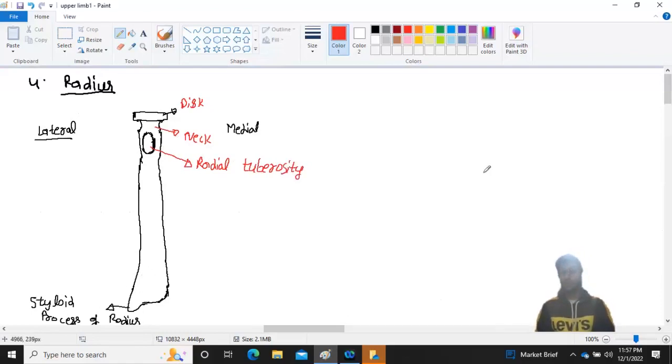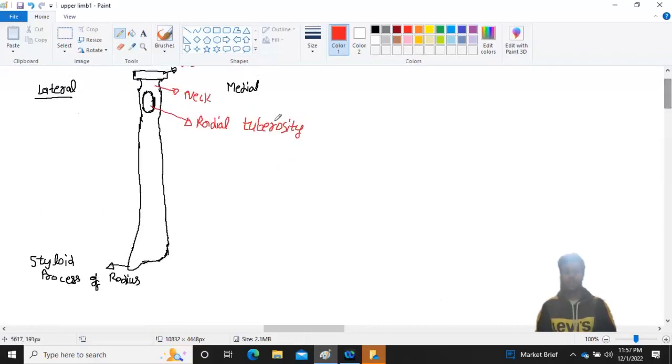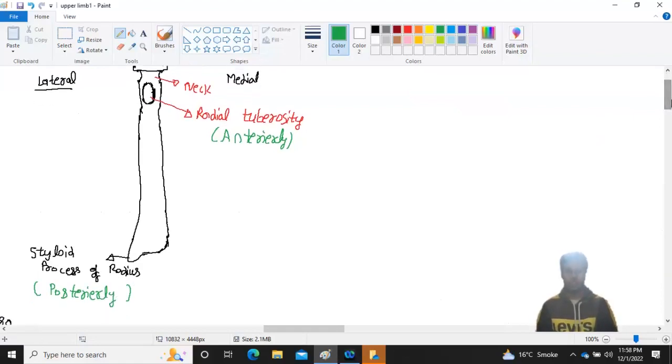And remember which is present anteriorly and which is present posteriorly. The radial tuberosity is present on the anterior surface, anteriorly. This is present posteriorly. This side is the posterior side. This is the anterior side in anatomical position. So this is on the posterior side. Then, on the posterior side,